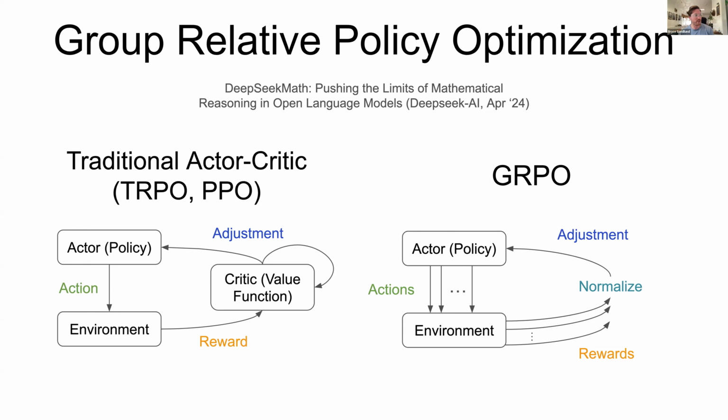And the whole idea is that with a language model, the value function is very large, and so you have two separate models you need to keep in memory. By just doing this normalization, you're saving half your computational resources. And there's reasons to think that the value model doesn't really go that far for language models, specifically in this kind of reasoning model training. So this is just a way to try to get a little more bang for your buck.